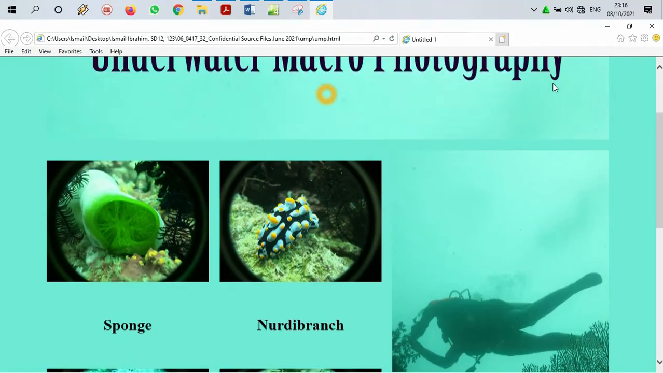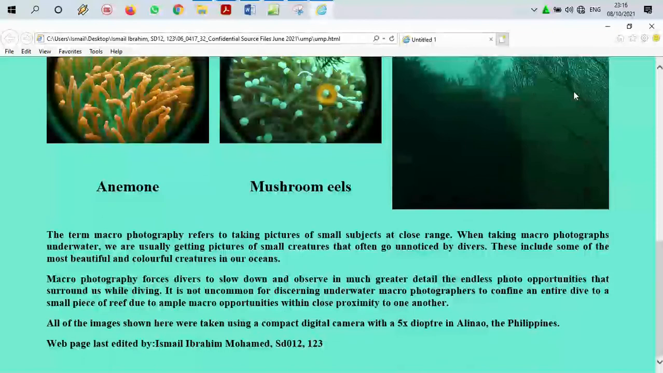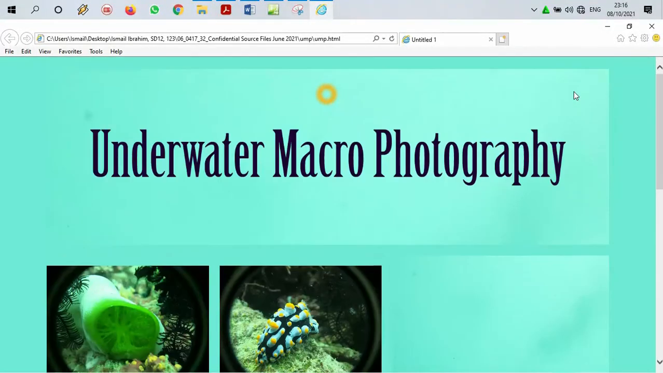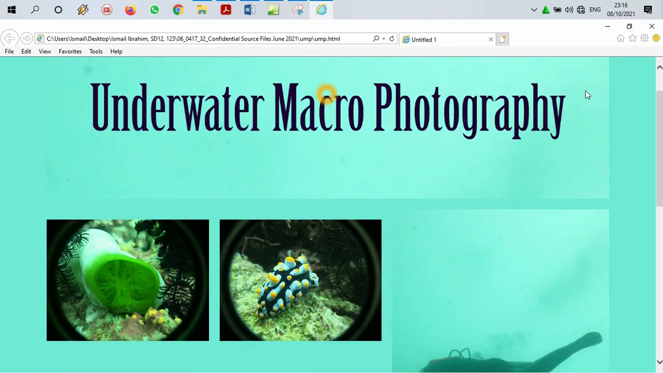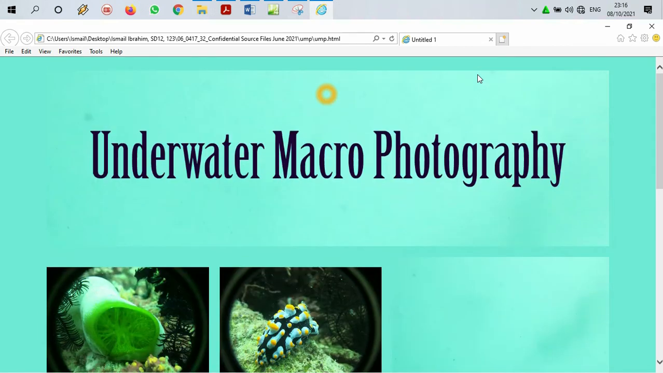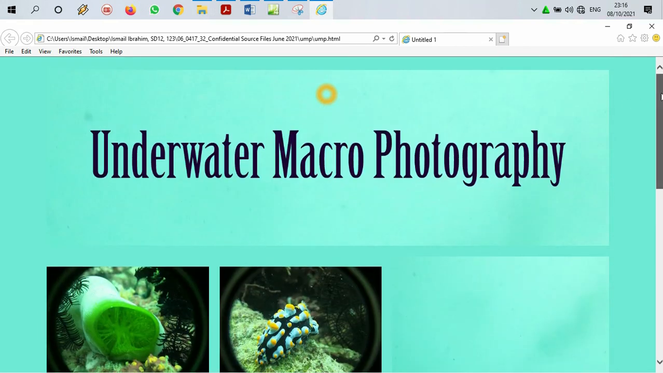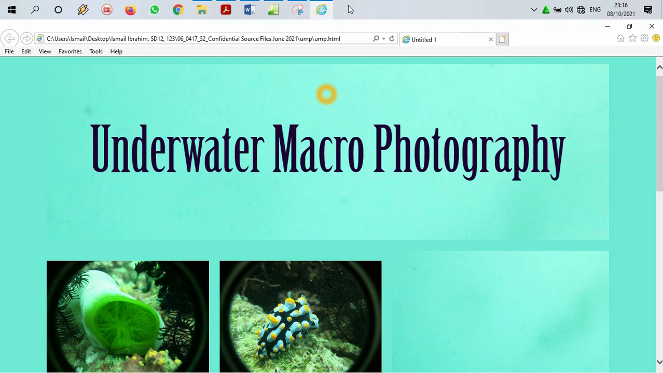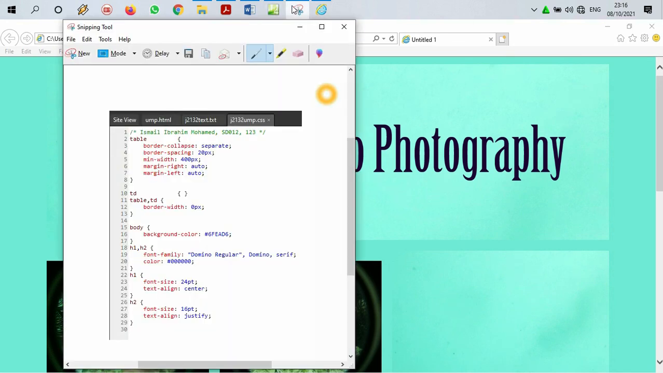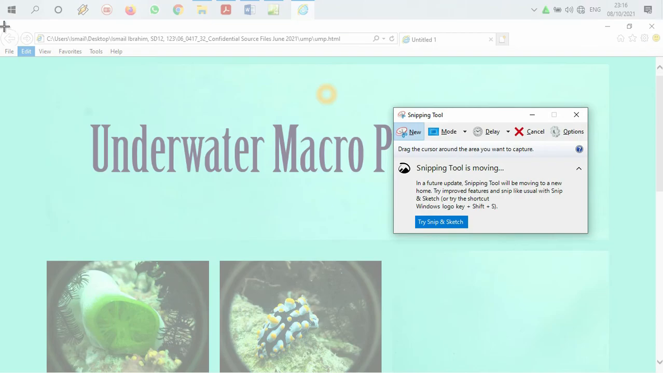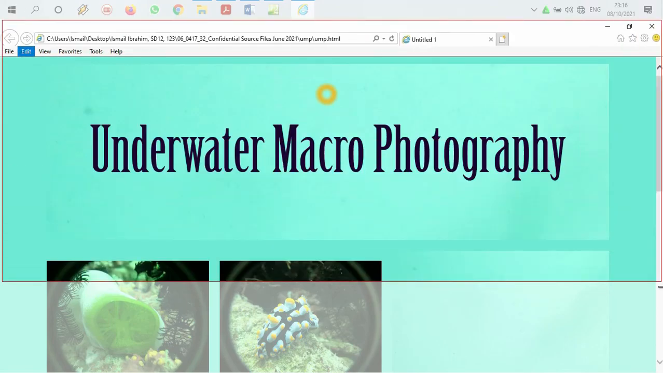I'm going to copy two screenshots. The first part is this one. Okay, let's make it like this, which is half of the page. So take a screenshot, new, including the address bar. This is very important. So click here,